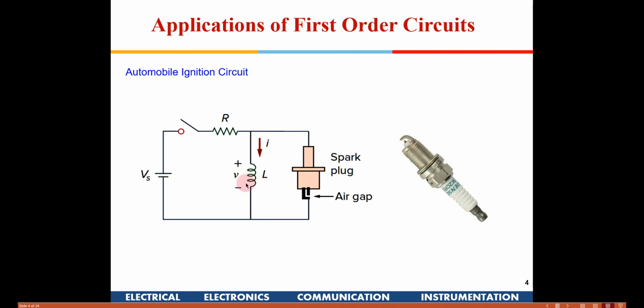It is done by using a simple inductor and a circuit like this. So this is the spark plug. You have a resistance here and an inductor here, and you generally have a 12-volt battery in your car or your bike. So we use a 12-volt battery, a very small resistor and a huge inductor. This inductor has to be very large. The larger the inductor, the more energy will be stored. So when you switch on this switch, a current will flow into the inductor.